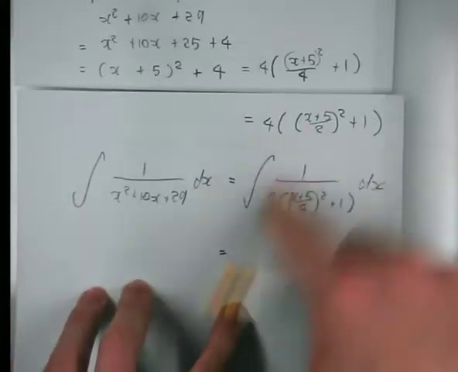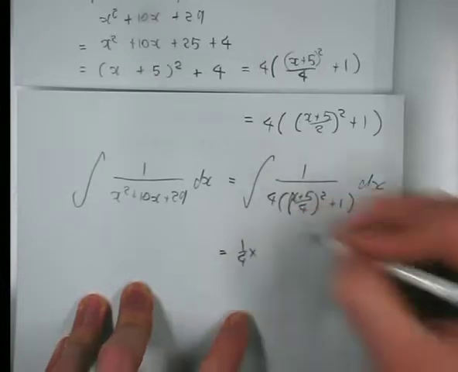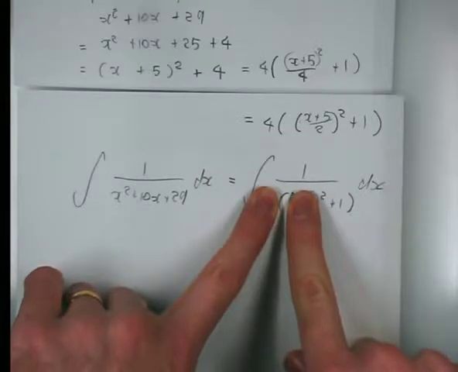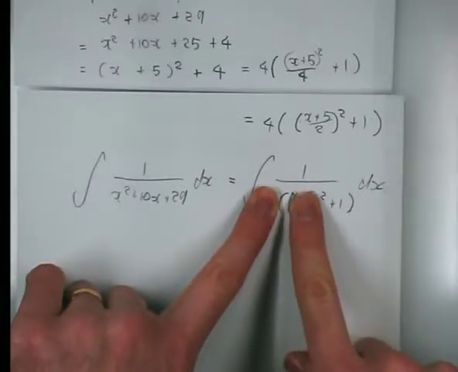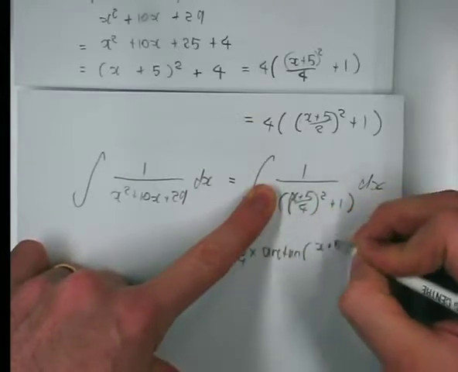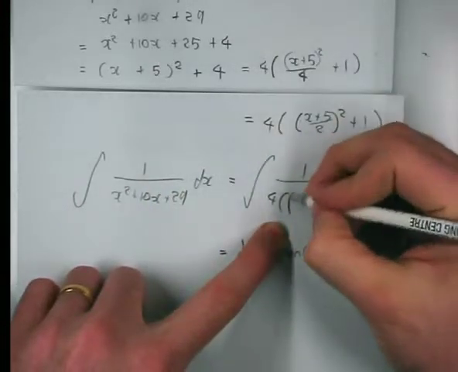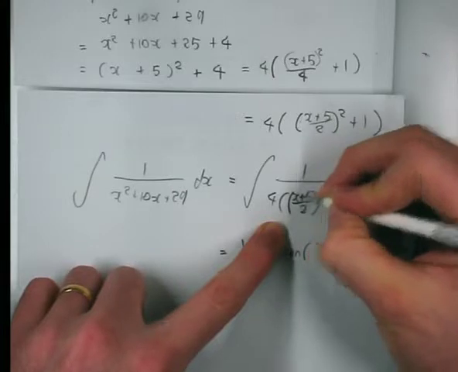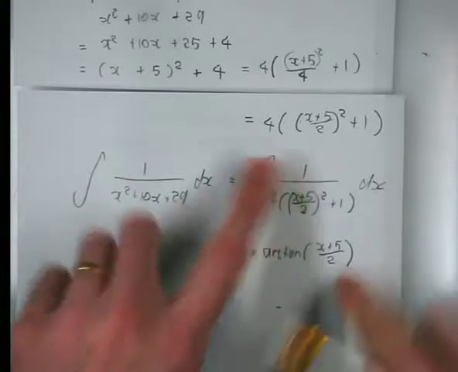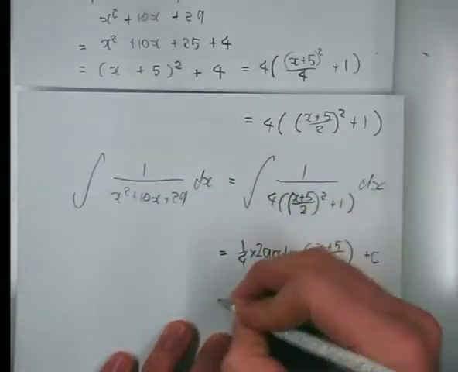So that quarter, that's really a quarter times something. And I know that if that was just an x, it would be 1 over x squared plus 1, which would be arctan. So it's going to be arctan of x plus 5 on, oh sorry, that's a 2. It's going to be arctan of x plus 5 on 2. And the derivative of that is a half, so I have to divide by the half, which means I have to times by 2. So I'm going to get a half